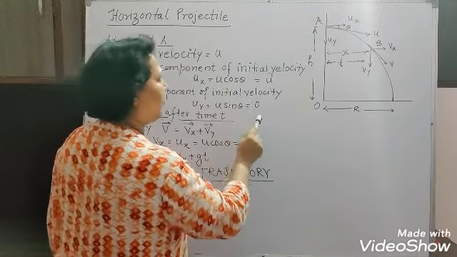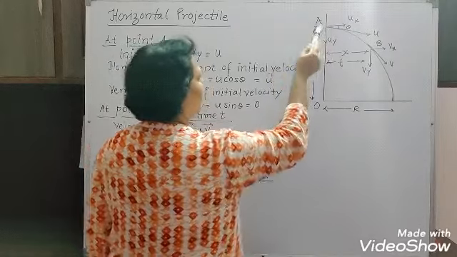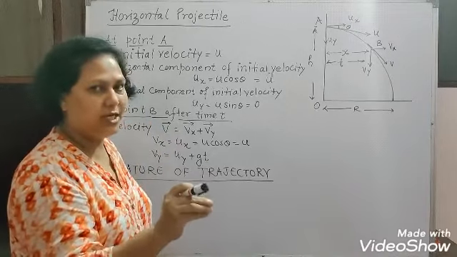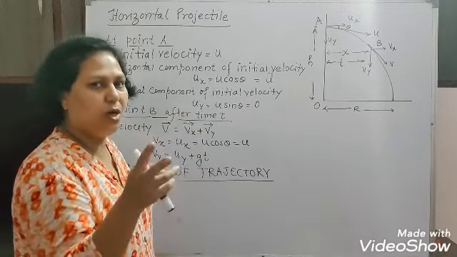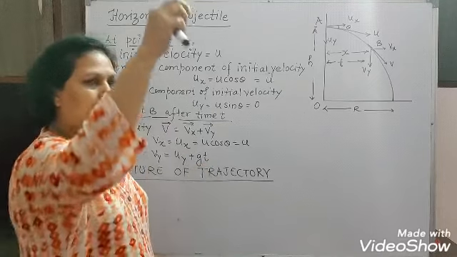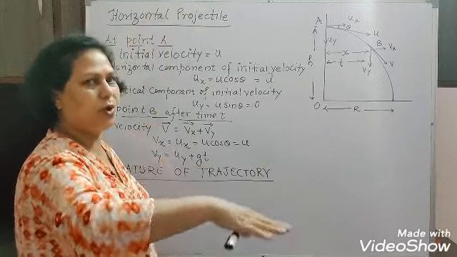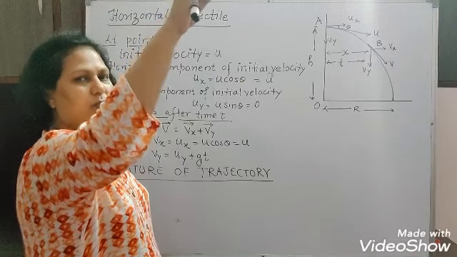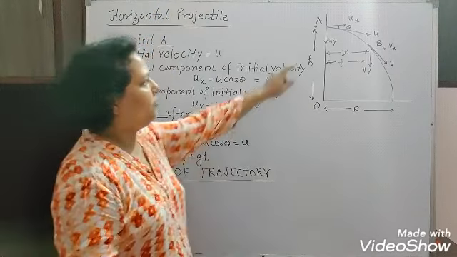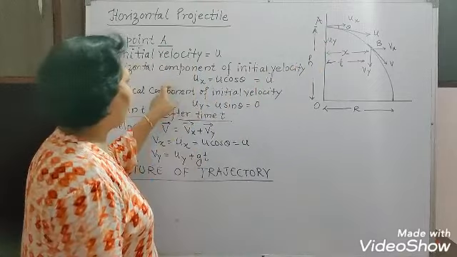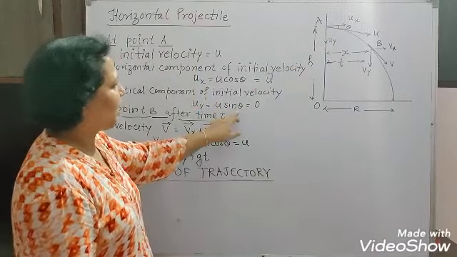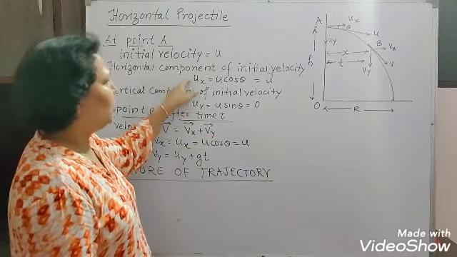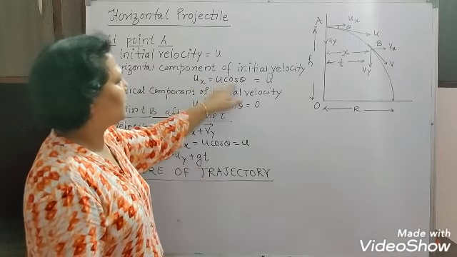You know very well that if you throw any object from a height, whatever initial velocity it is projected with is resolved in two components, horizontal and vertical. But if any object is dropped vertically from some height, we assume the initial velocity in that direction is 0. So this vertical component uy, which is equal to u sin theta, will become 0 here.